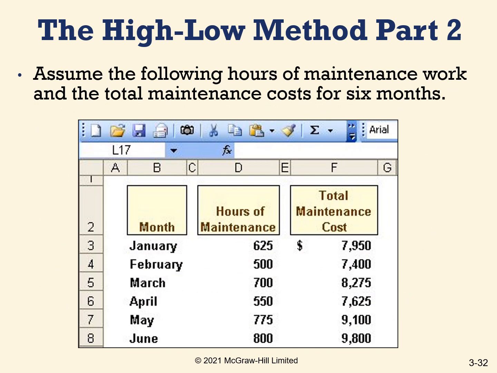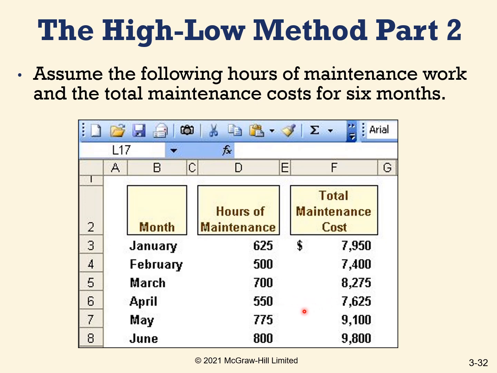So assume the following hours of maintenance work and the total maintenance cost for 6 months. As we can see, for the month of January, we had 625 hours of maintenance and the total maintenance cost of $7,950. In February, we had 500 hours with the total cost of $7,400. In March, we had 700 maintenance hours at a total cost of $8,275. In April, we had hours of maintenance of 550 with a total cost of